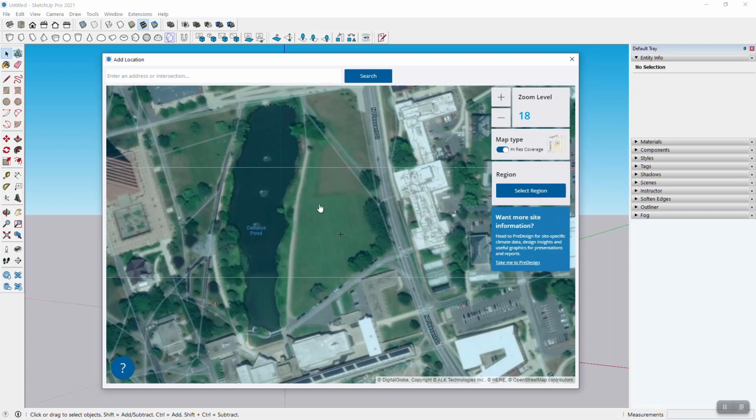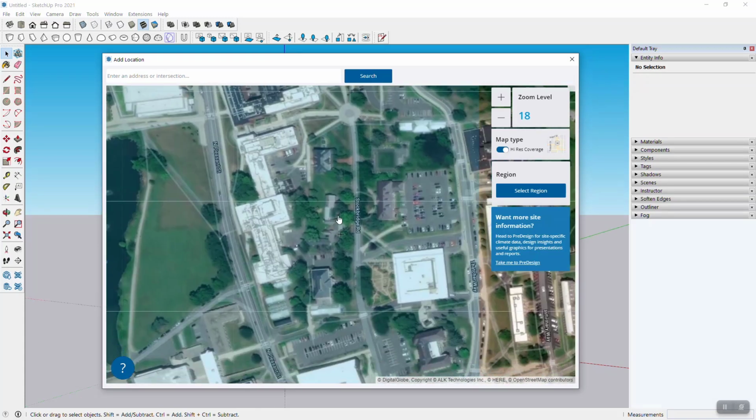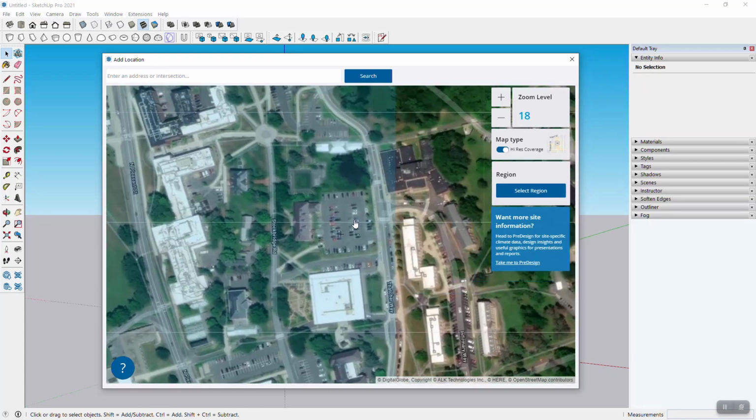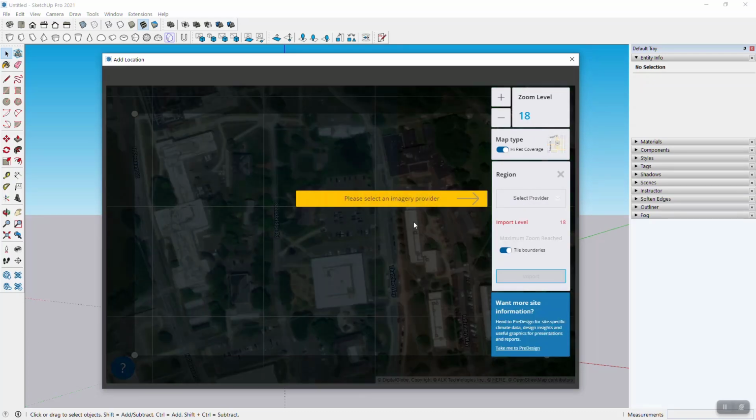Okay, so first of all, we need to find a location. I need to pick one that we may want to use. A parking lot is always a good idea as a default location. And I hope nobody is going to get angry for me picking that parking lot. But nevertheless, okay, so after selecting that I want to pick a location,